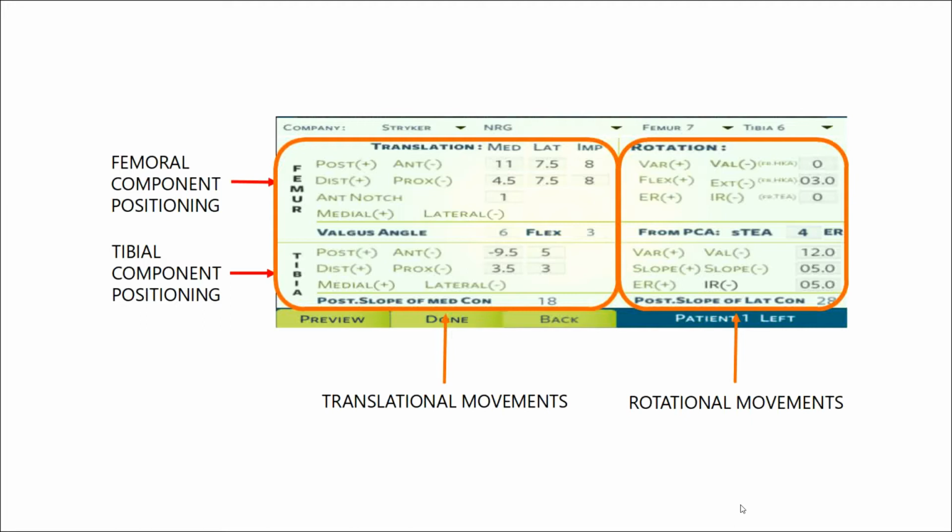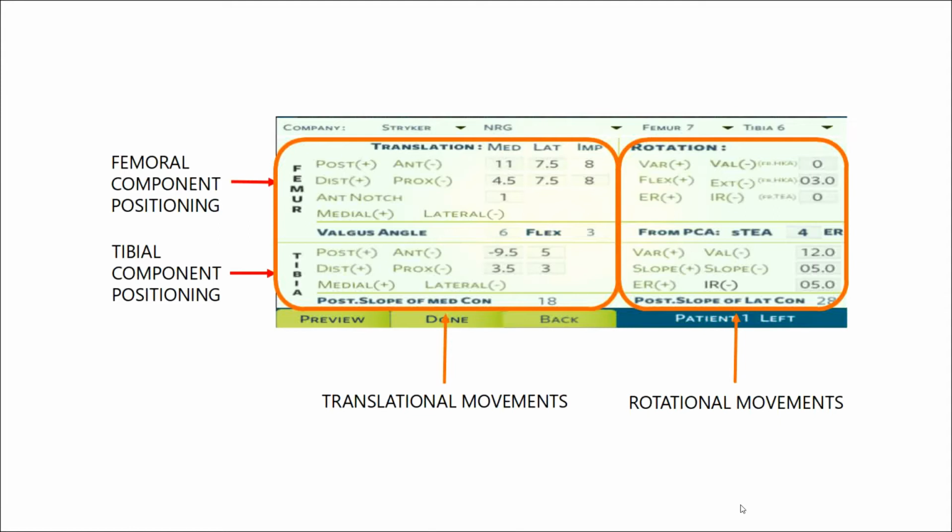The second row moves the implant in the proximal and distal direction in increments of 0.5 millimeters by clicking on the plus or minus sign. Implant thickness is shown in the third column. The aim is to closely replicate the implant thickness and to match the size of the distal and posterior cuts to achieve equal flexion and extension gaps.